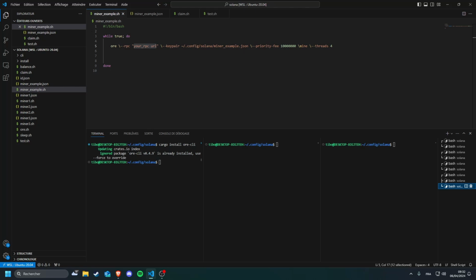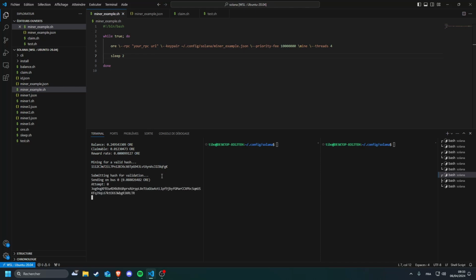To avoid spamming your computer with endless failing loops, which can happen if your script is returning an error, I advise you to add a little command called sleep. Just specify behind it the number of seconds your script will rest and do nothing. I will type 2 for me. If you have a running script, you can close it by pressing Ctrl plus C. This will shut down the current script, like this.